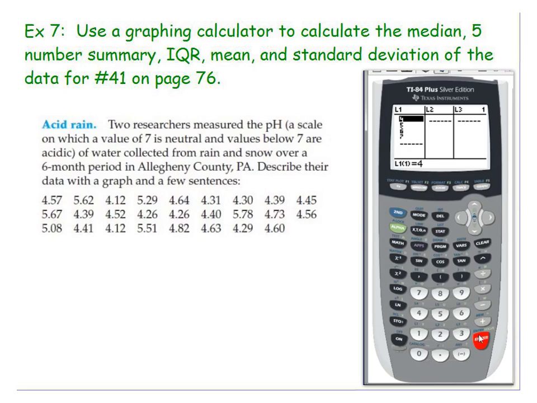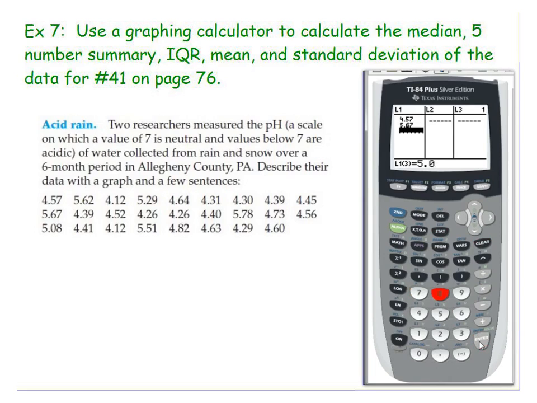To clear out your data, you need to use your arrow keys and arrow up to highlight L1 or L2, whatever you have there. You press the Clear button and then Enter. So now that it's cleared out, we're going to go ahead and quickly type in our data. I'm going to go down each column, so 4.57,